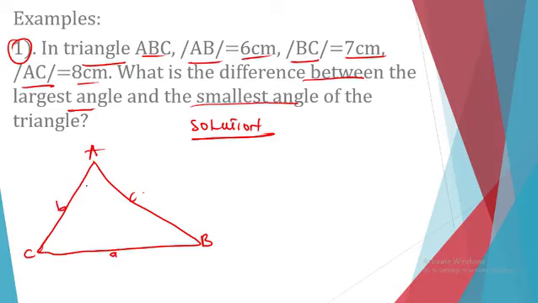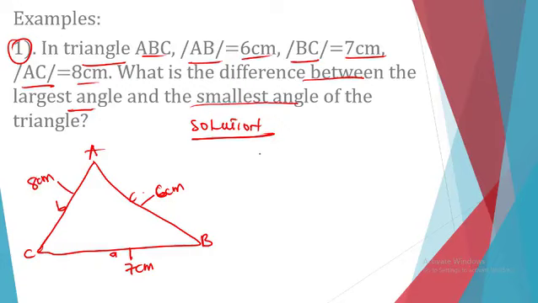We are told that line AB, which is here, is 6 cm. Line BC, which is here, is 7 cm. And line AC, which is here, is 8 cm. Fine. And then the question is, what is the difference between the largest angle and the smallest angle of